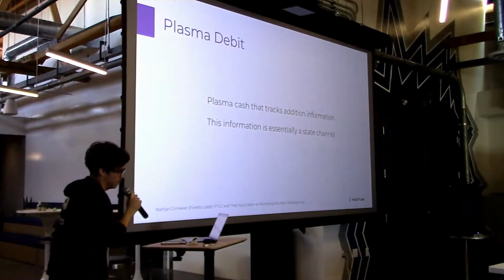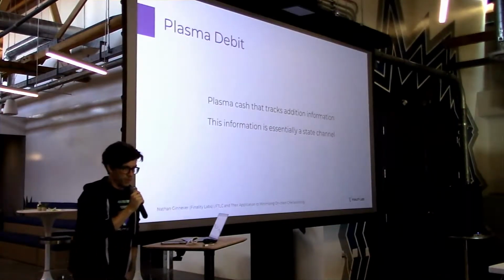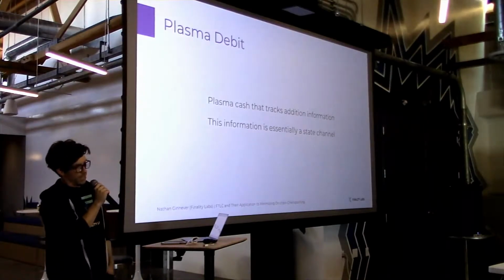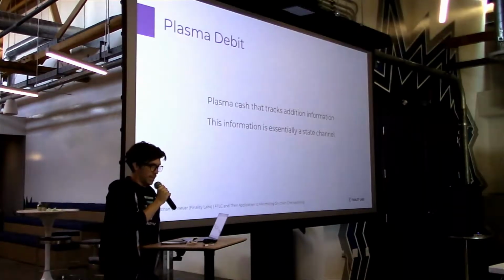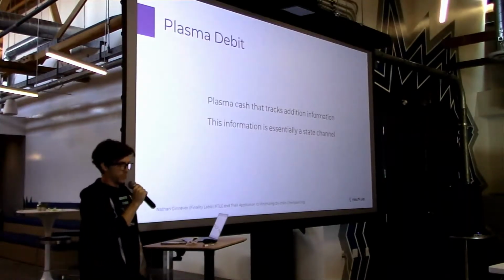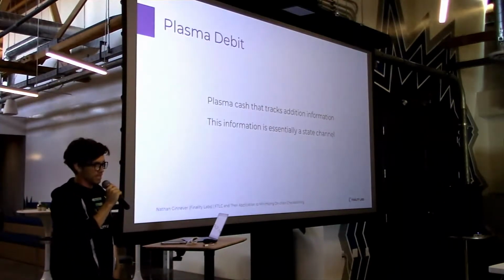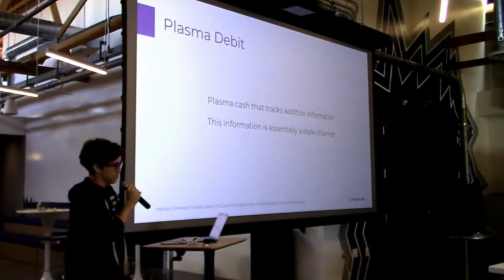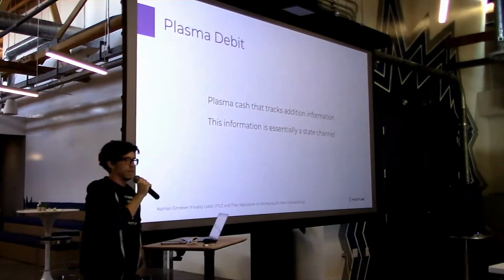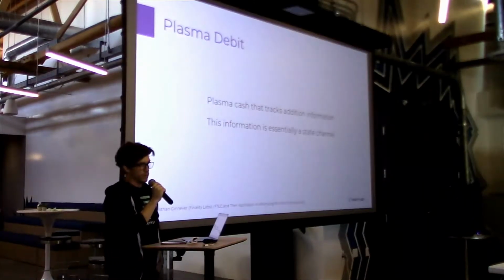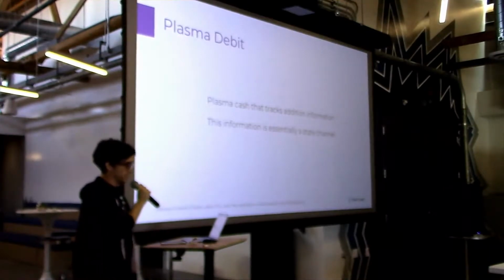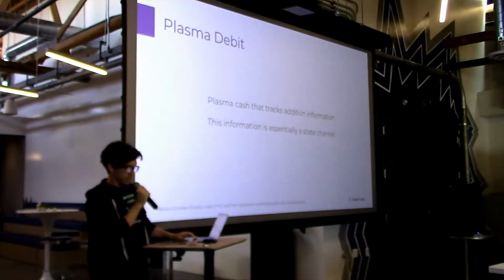That's great. Plasma Debit takes that a little bit further and allows you to put a balance on that slot with the operator itself. And that balance is a receiving capacity, so to speak. If you look at Plasma Cache, it looks a lot like state channels, where you are essentially just creating a channel with the operator, and you're putting some money on that channel with the operator, and then you kind of use the operator like an intermediary between payment channels.